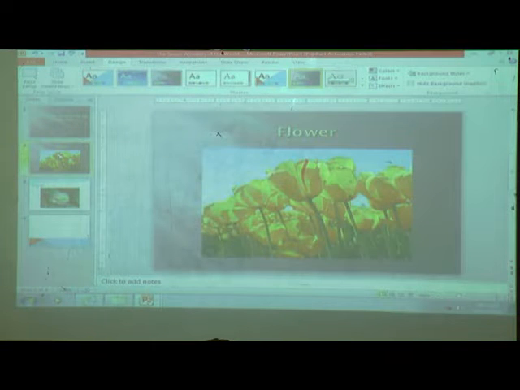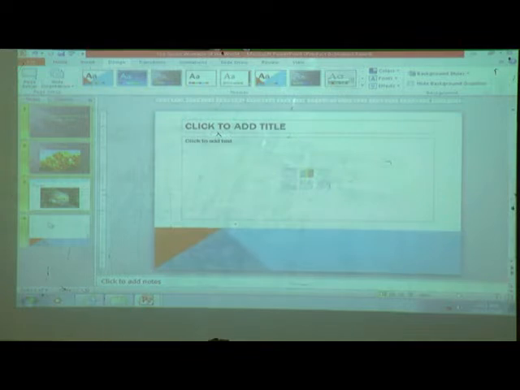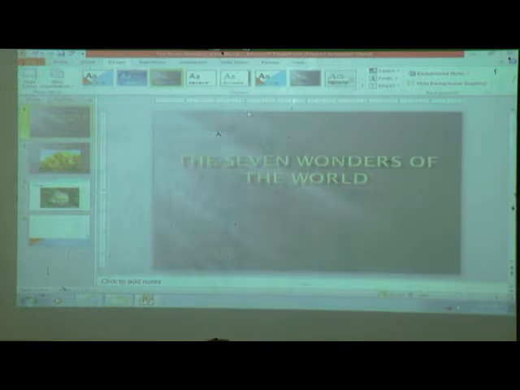Why? Because what we did, we pressed the control button. Where we want to give this effect, we select this slide and then afterward select which you want. Clear everyone?